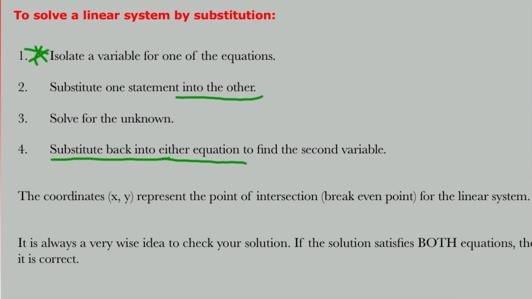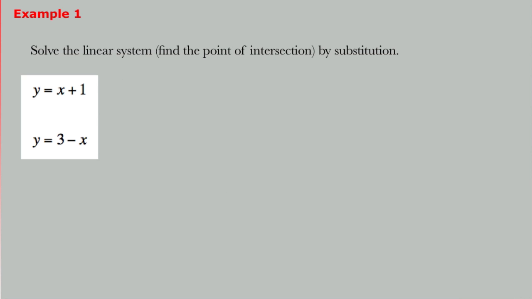So when we look at example 1, the first step, like we said, is to isolate a variable. The first equation is in y equals mx plus b form. The second equation also has the y isolated. So the first step for us would be to take the fact that if y equals x plus 1, then it should make no difference if we sub in x plus 1 for y into the opposite equation. So instead of this y, we're going to write x plus 1,